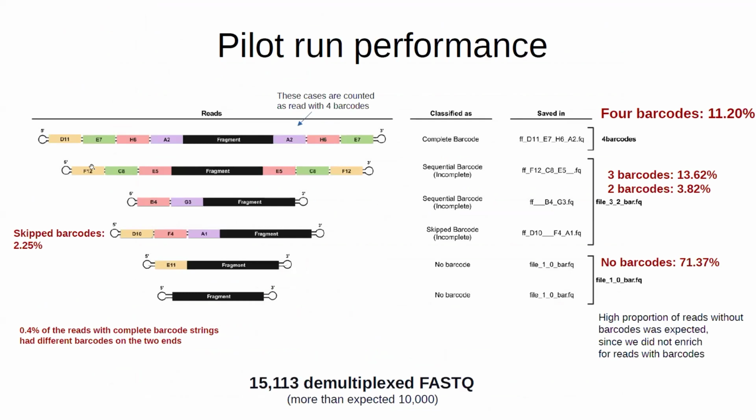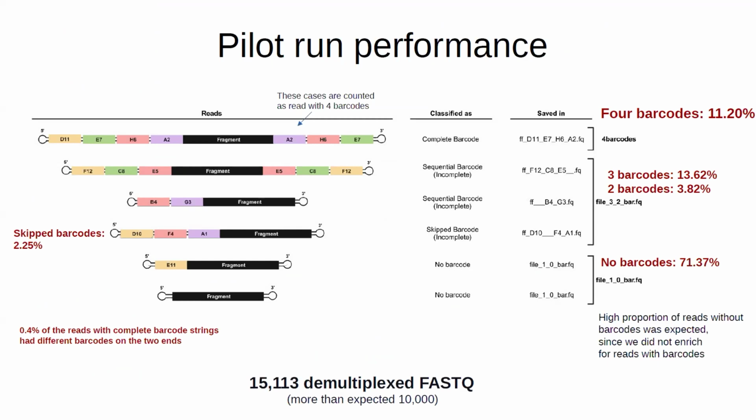So here we have the results of our pilot run. We found 11% of the sequences that had the beautiful 4 barcodes. We also had some of them that had only 3 barcodes. I will show you later. I think this was our pipetting error. I think this is not very usual, but this is why we use this program, and this is the result of our pilot run. We also had some sequences with no barcodes, but this was actually